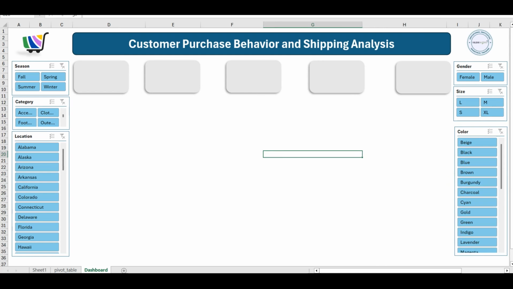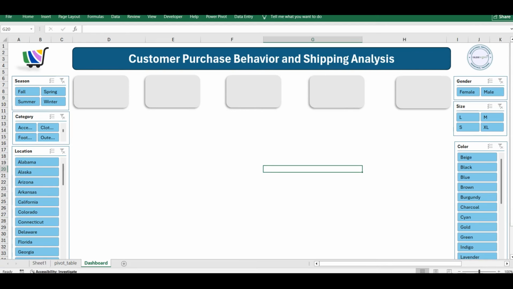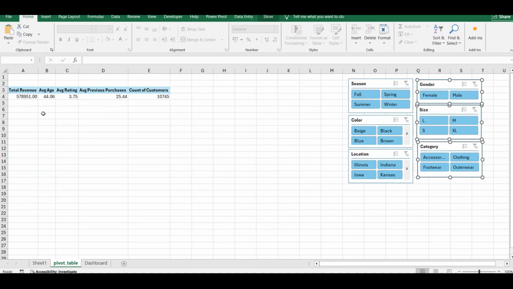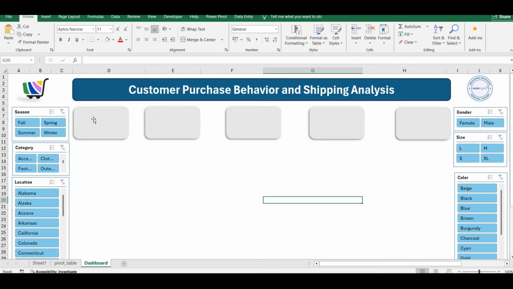Now we can go back to our show tabs setting, and now we can customize these numbers. To customize these numbers, you can see we are starting from A4 to E4. So if in this pivot table we have these numbers,